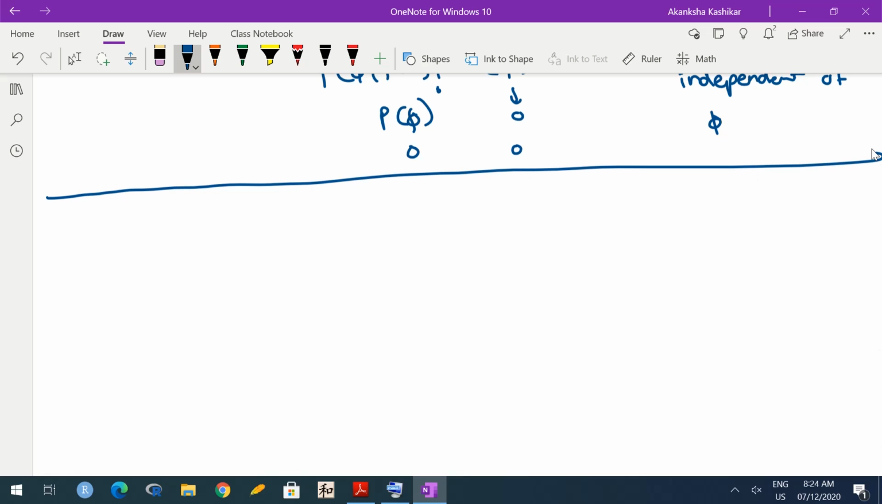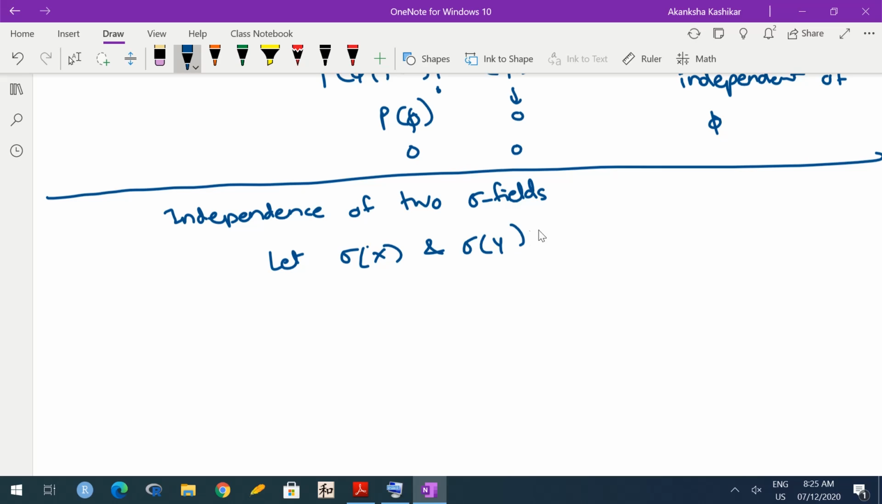Now we have talked about independence of events, independence of classes. Now we need to go to independence of sigma fields. So basically sigma fields are just classes of events, so we don't need a completely new definition. So independence of two sigma fields. Let sigma x and sigma y be two sigma fields. We know every sigma field is a class of events. Therefore, they are independent